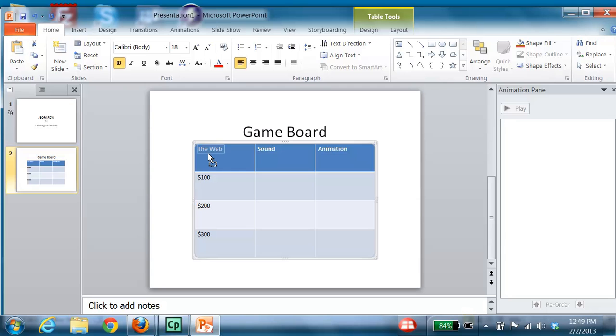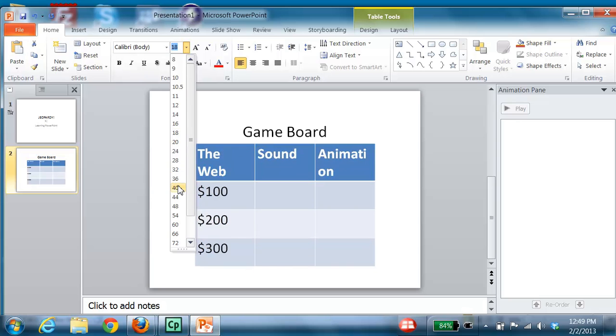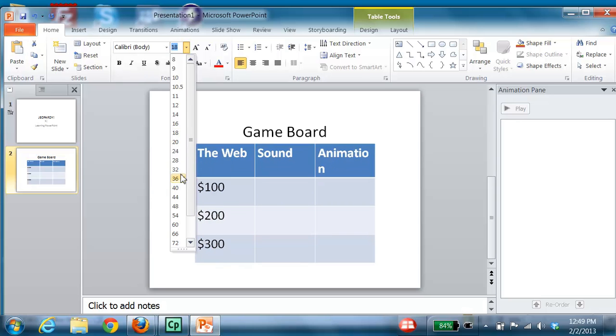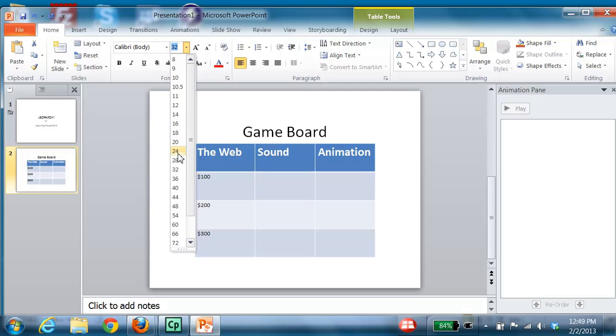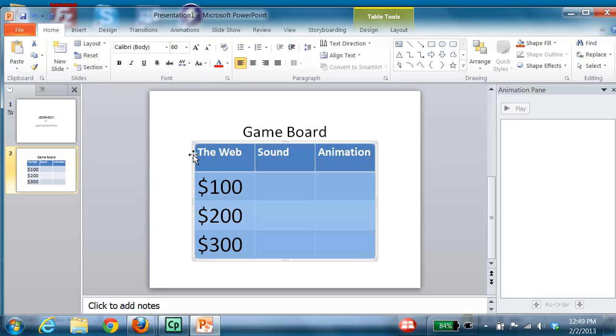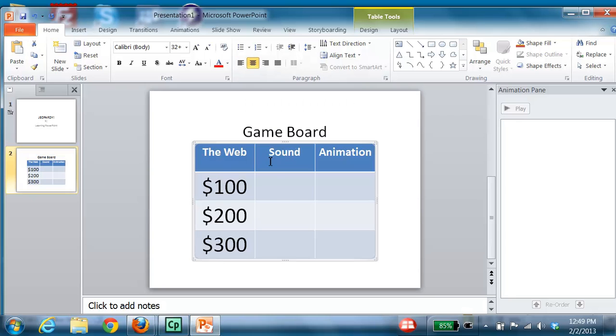actually highlight the entire table, or you can just click on the outer edge of the table, and we're going to choose a pretty big font, like 40, or maybe, well, I guess 32 to make the categories fit nicely. And we're actually going to highlight the dollar amounts, and we'll make those a little larger. Maybe we'll make those like 60. And click on the outer edge of the table one more time, and again, this is all under the Home tab. You click the center button to center the words,